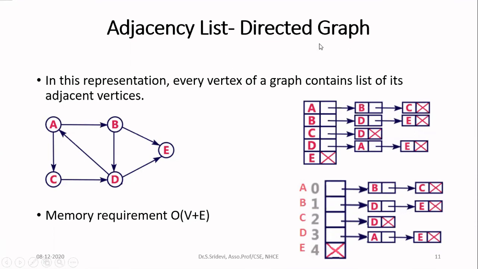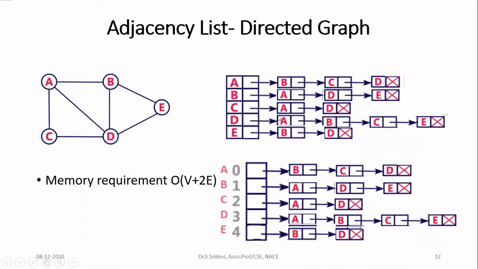Let us see what will happen when we go for adjacency list in case of an undirected graph. So here, in case of an undirected graph, if you have an edge from A to B, when you draw with respect to node A, first let us see how to create it. First create one table. Here you will have one entry for all the nodes. I have totally 5 nodes, so I am creating 5 entries here. Then I will consider node A.